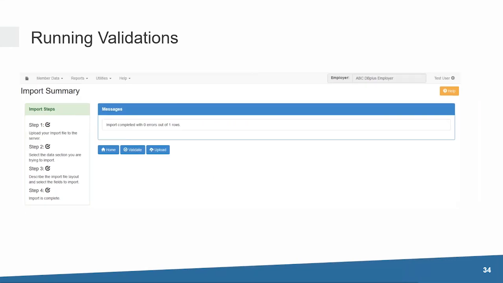Once you've successfully imported your data, the final step is the data validation. This can be done in one of two ways. On the Import Summary screen, once all the import records have been loaded, or by opening the drop-down menu in the navigation ribbon for member data, then clicking Run Validation. The data validations will take a few minutes to run, depending on the size of your member population. Once complete, you can view the various reports on the home screen under Data Problems and also under the Reports drop-down in the navigation ribbon.